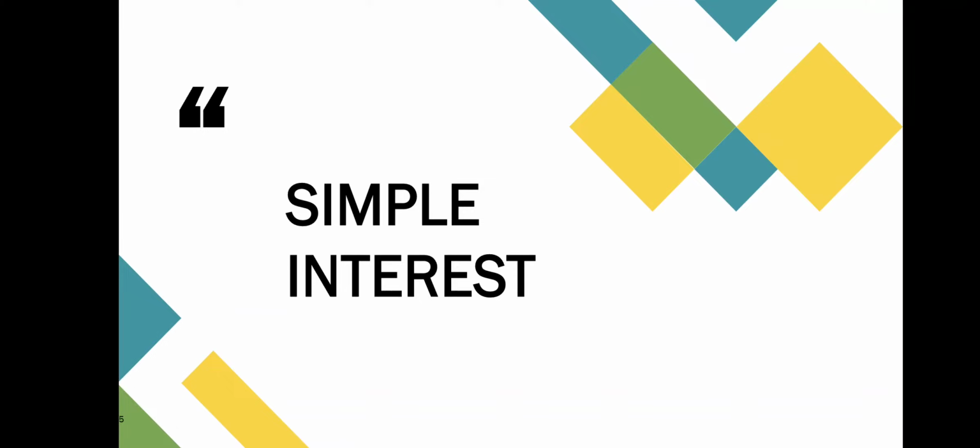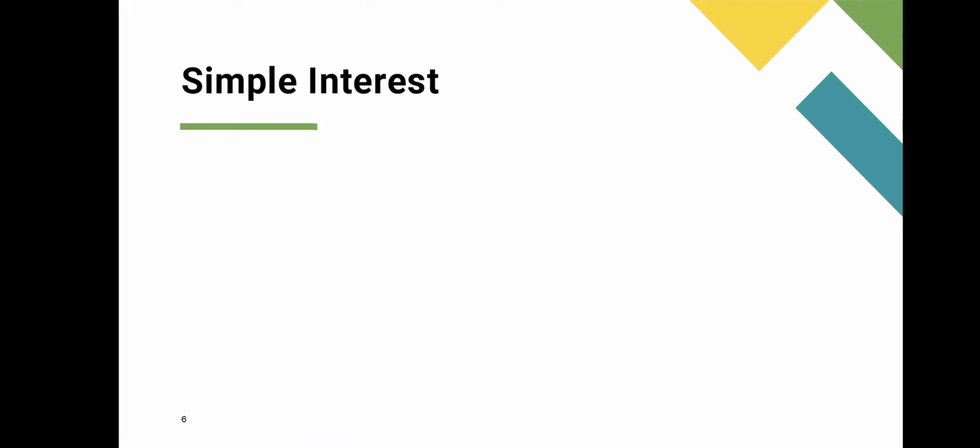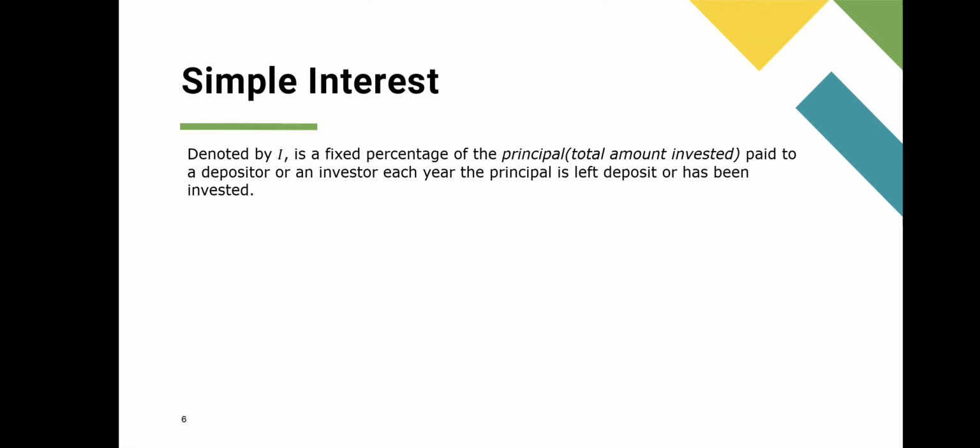First, let us discuss simple interest. Simple interest, denoted by I, is a fixed percentage of the principal. This is the total amount invested, paid to a depositor or an investor each year. The principal is what was deposited or invested. So, simple interest is equal to principal times rate times time, where